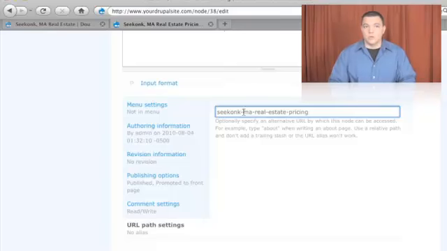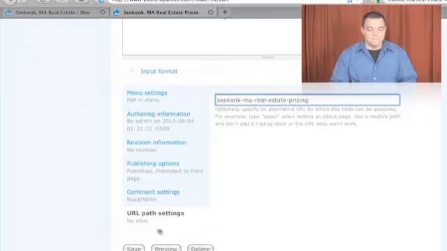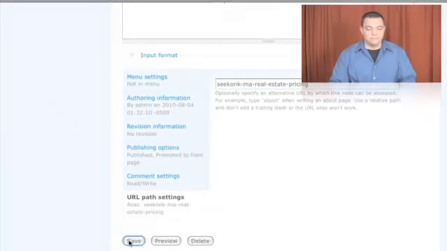I could use underscores. Google has said that they treat dashes and underscores the same. I like dashes just because it's easier for the average person to read that. And then if you take that out and you run it all together, I'm not 100% sure that Google is going to really understand where to draw those breaks in those words. So I put the dashes in to help both the eye and the bot figure out what's going on. And then when I click Save,